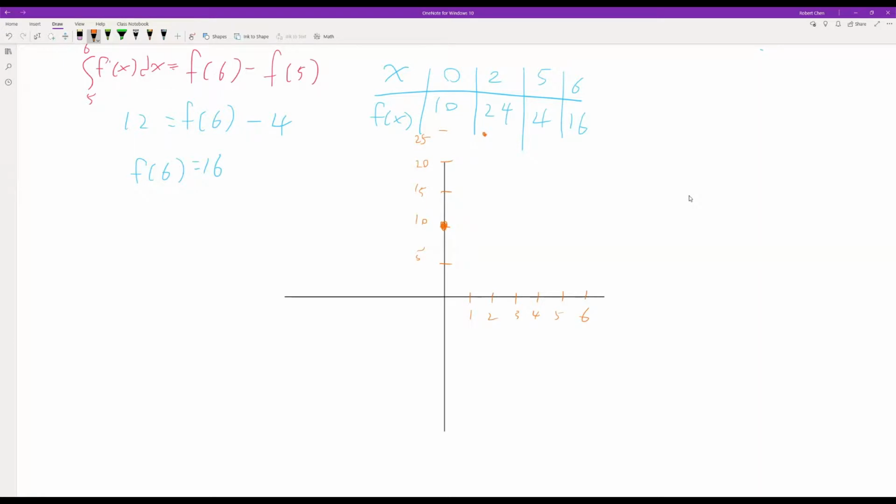5, 4. It's about here. And 6, 16. That's about here. All right, so let's connect them with a smooth curve. Let's see what we have. All right, something like this. All right, and then down there, like that, and then go up to this point right here. Okay, so this will be a really rough sketch of what we have